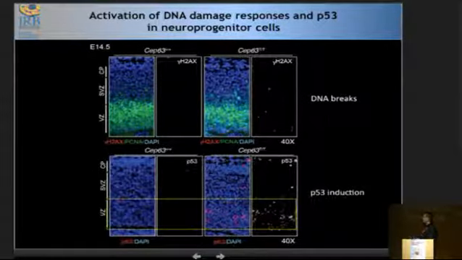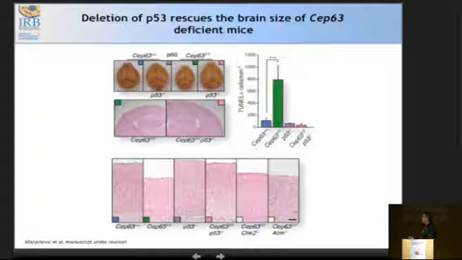However, we see a massive P53 induction in the ventricular zone where the stem and progenitor population is proliferating. And we did the genetic experiment, and we can completely rescue brain size back to normal by knocking out P53, and this is also responsible for all the DNA damage that we're seeing. Now, we also crossed these mice with CHEK2 and ATM. These are kinases that rescue many of the microcephaly models based on DNA damage, because after breaks, they're required to activate P53. And here we see no rescue, again, pointing more to a centrosome-based